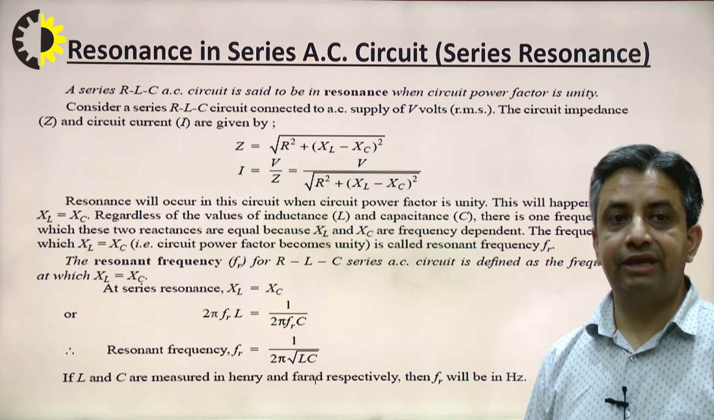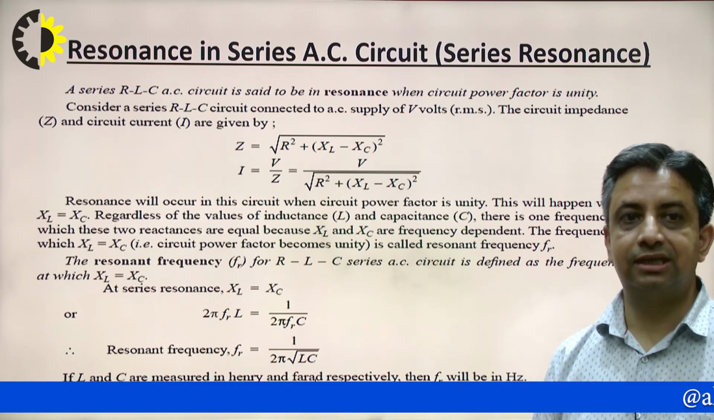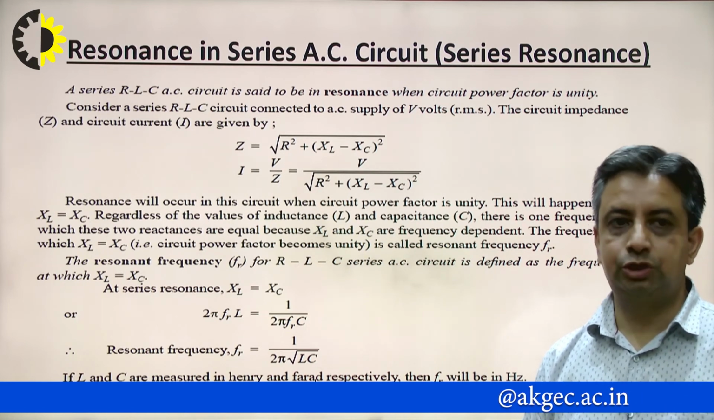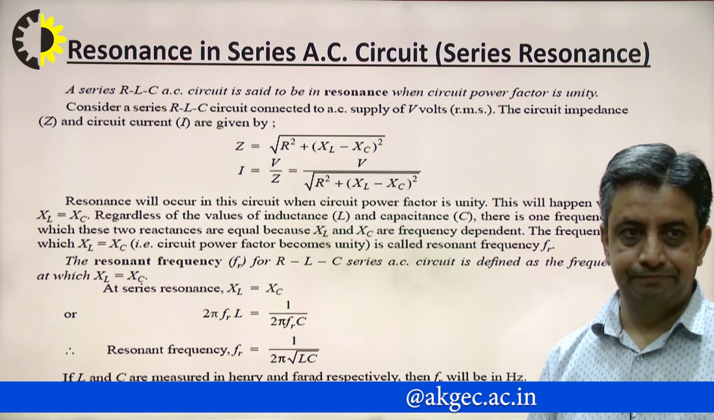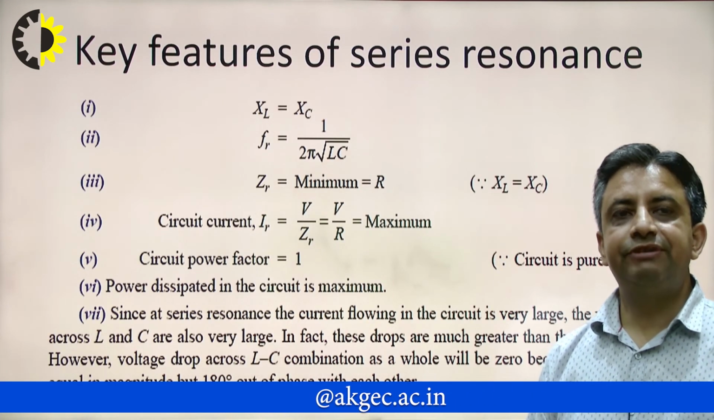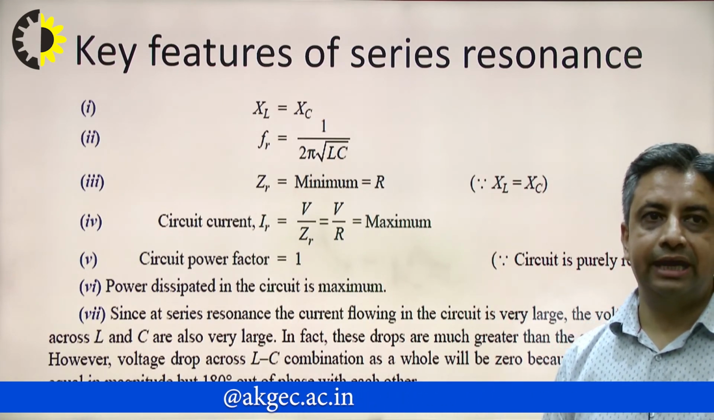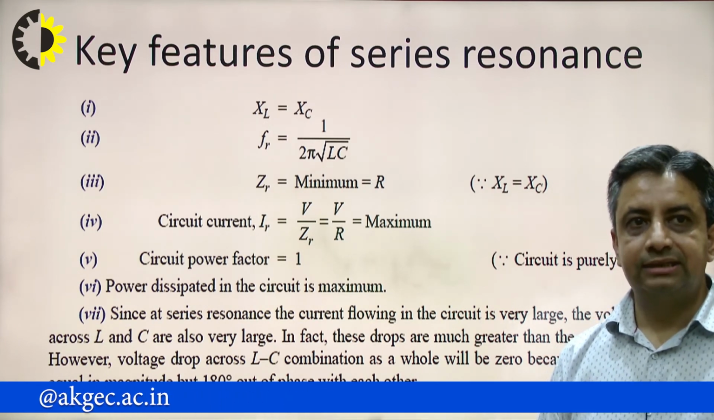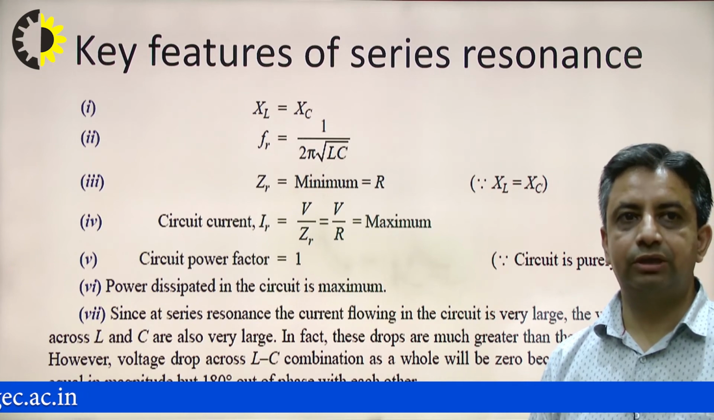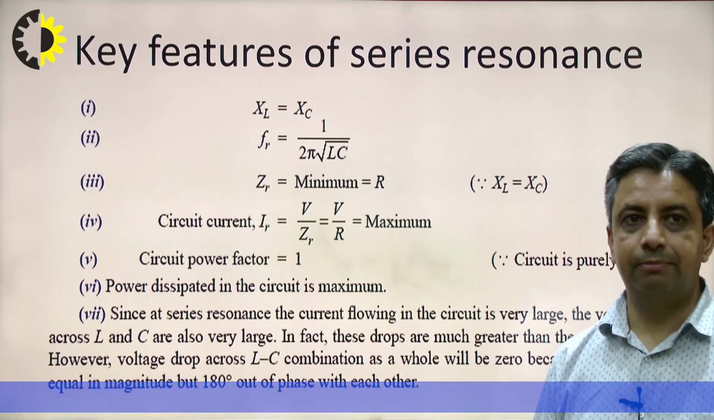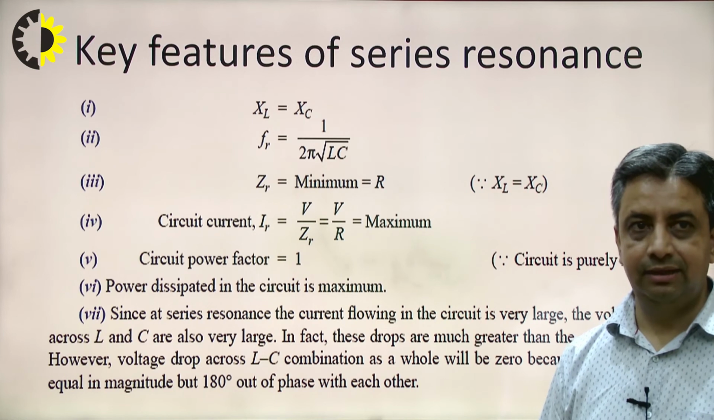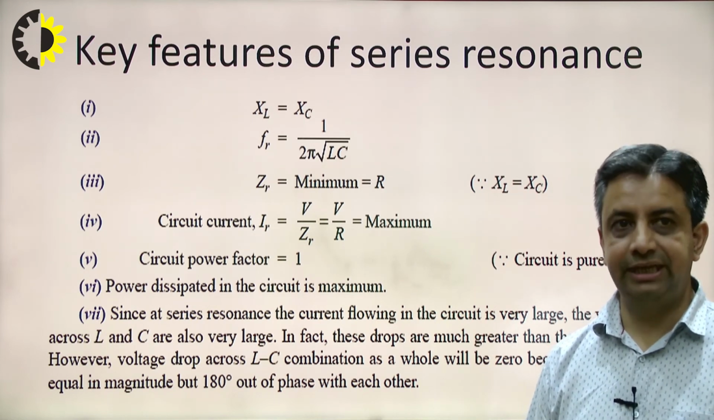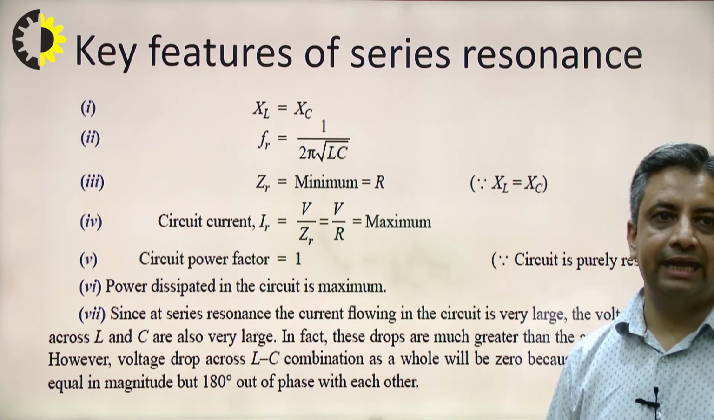This is very important for the resonance condition: both the energy storing elements, L and C, should be present in the circuit. Now, the key features of series resonance are, first, the condition, that is XL equal to XC. Second, the resonant frequency we have just derived, 1 by 2 pi under root LC. The third thing is that the impedance at series resonance is minimum and